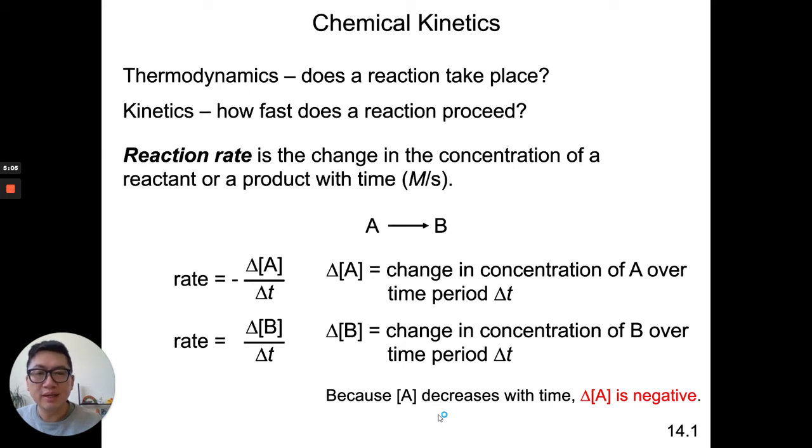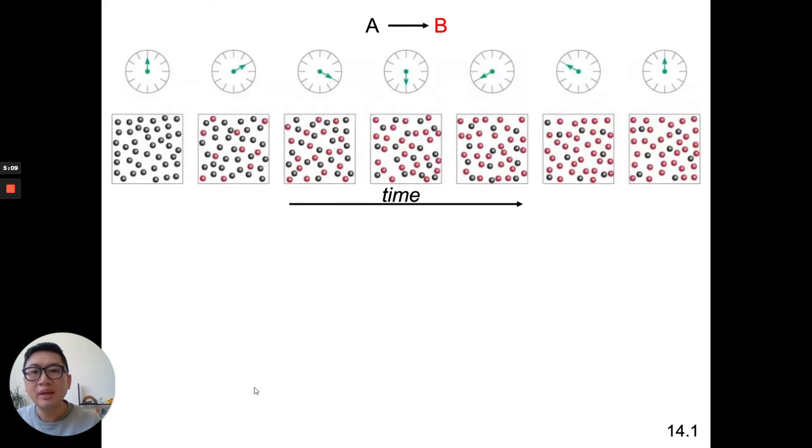Because you're using it up. Okay, hence that negative sign there. So if A, the black dots, turn to B, the red dots, as time goes on, notice, never mind the time units, whether seconds, minutes, hours, days, but in 2 units of time, some of the A turns into B, 4 units of time, A turns into B, more and more and more as time goes